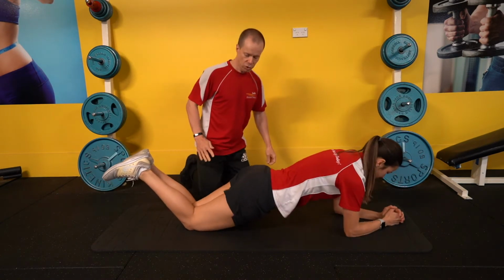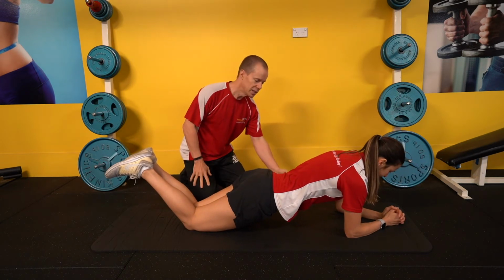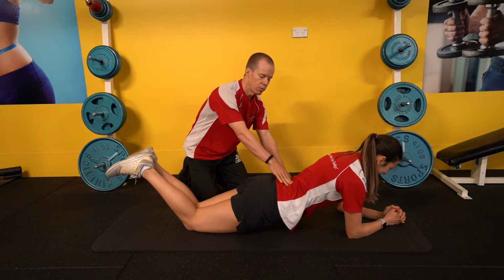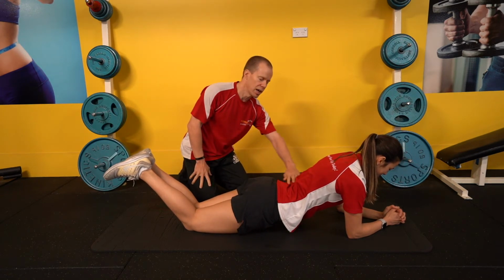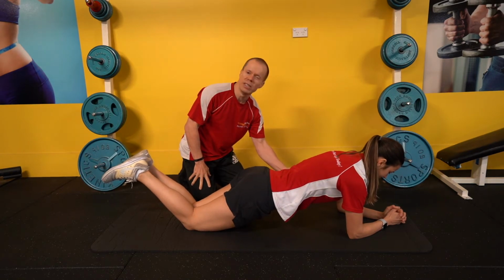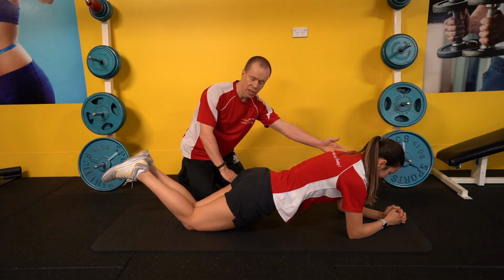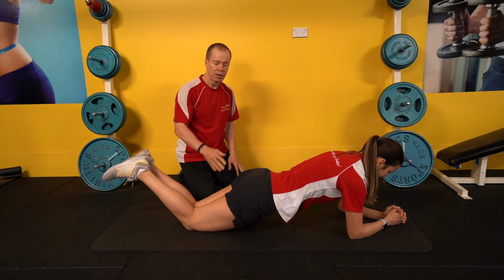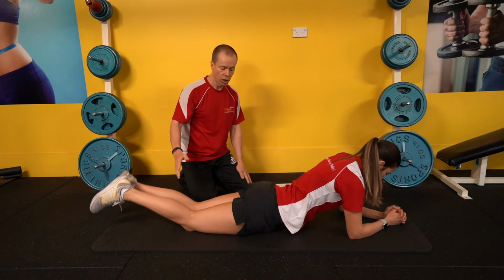So what you want to make sure of is that your tummy is up, that you don't, let's just do it incorrectly for a minute, just sag right down. So you don't want to be like that, okay? That's bad for your back. So engage the core. So this should be tight in here, and nice straight line between here and the knees, okay? All right, now if we then went up into your toes,